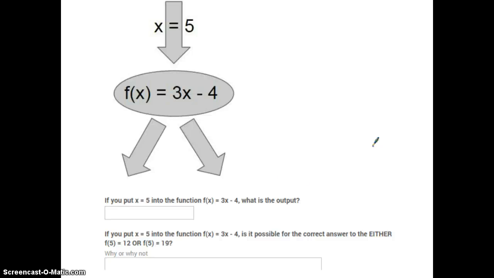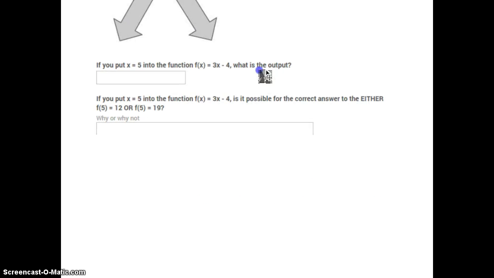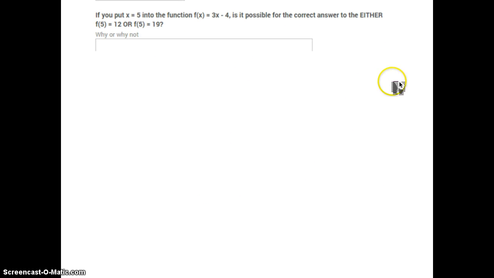All right, and we got the last one. If you put 5 into this function here, it's 3 times 5 minus 4, which is 11. But the other question is the one that I'm really after here. If you put x equals 5 into the function, is it possible for the correct answer to be either f of 5 equals 12 or f of 5 equals 19? And the answer is no,